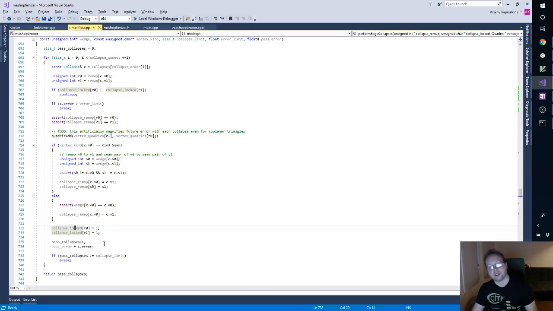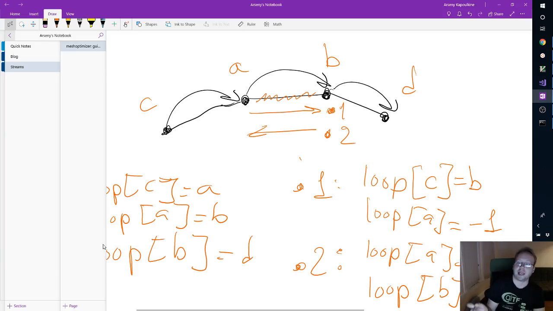One of them says something happened to this vertex. This means either we collapsed the vertex towards some other one, or some other one towards this. And the second thing that we do is that we fill this remap structure, collapse remap, to say instead of this vertex, there is now this other one. So in this case, if we collapse,